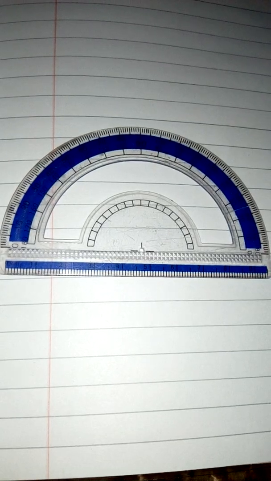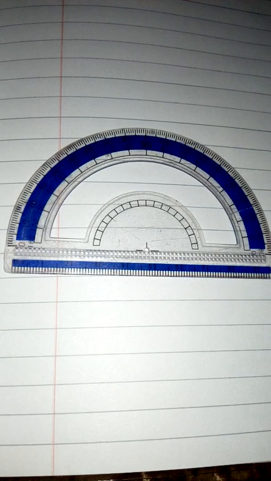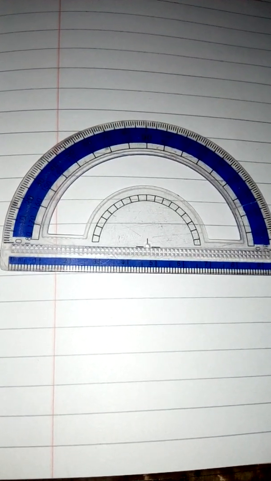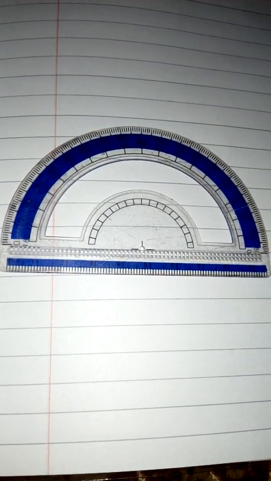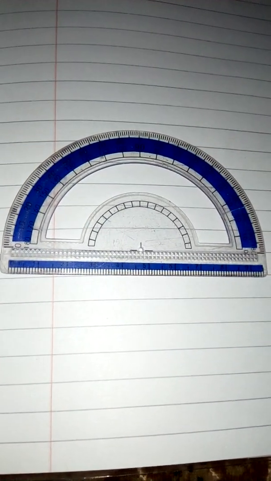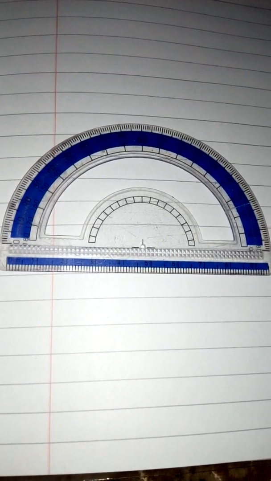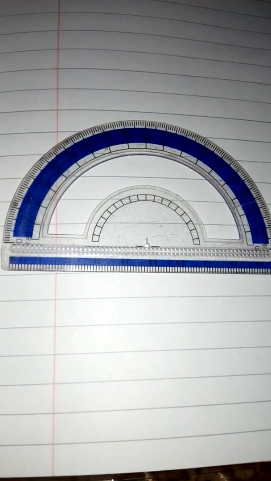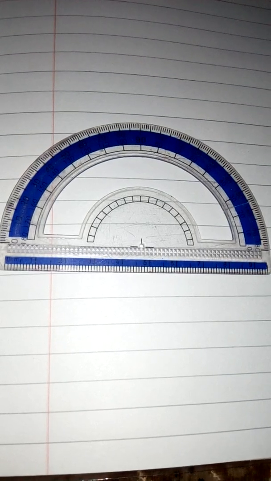Just now you have seen that there are 5 types of angles, and they are acute, obtuse, right, straight and reflex angle. Now what do we call the instrument by which you are going to measure or draw those angles? In front of you right now, that instrument is called a protractor, which is present in your geometry box as well. So today I'm going to tell you how you are going to use this protractor to measure or to draw the angles.